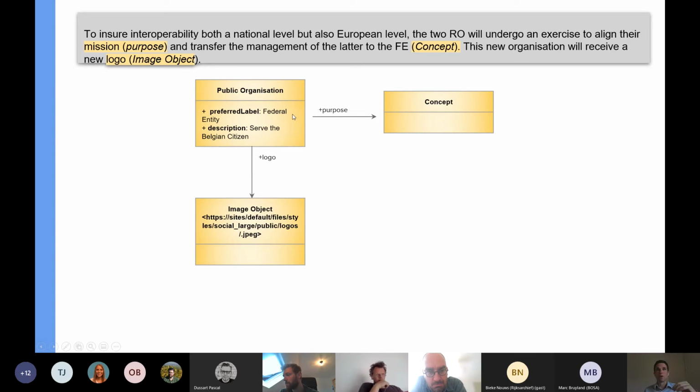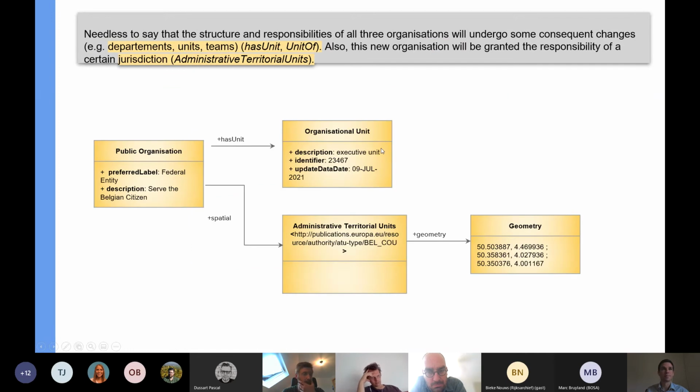Finally, the public organization also has a new logo, which is an image, and the purpose is defined as part of a generic concept class. If there's anything unclear, just let me know in the chat. When it comes to the specific structure of the new organization, it can have one or more organizational units